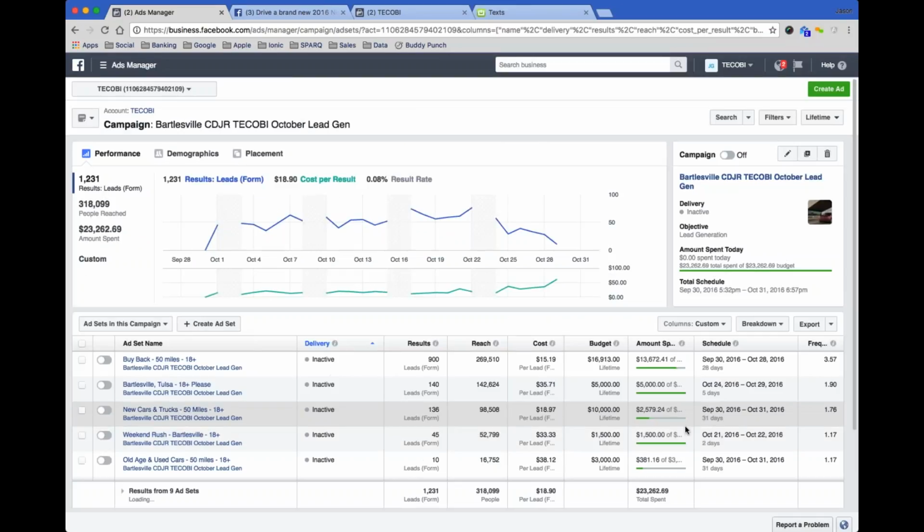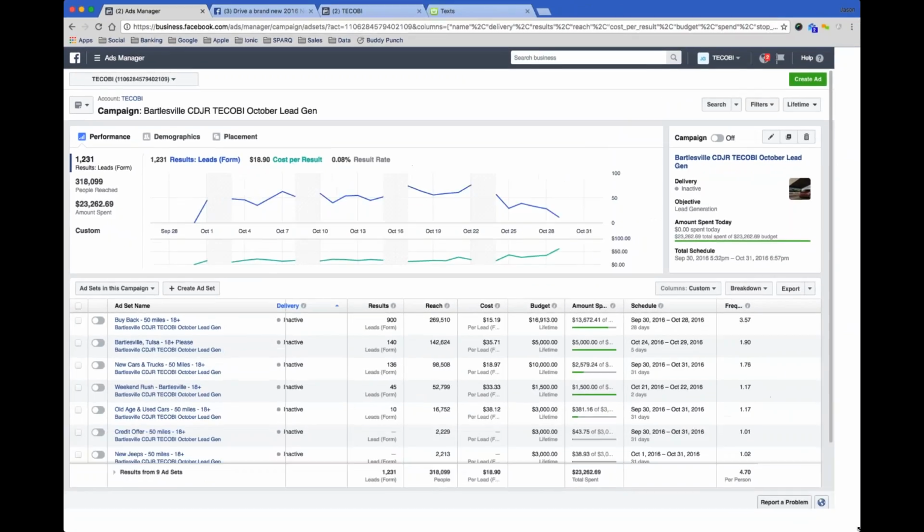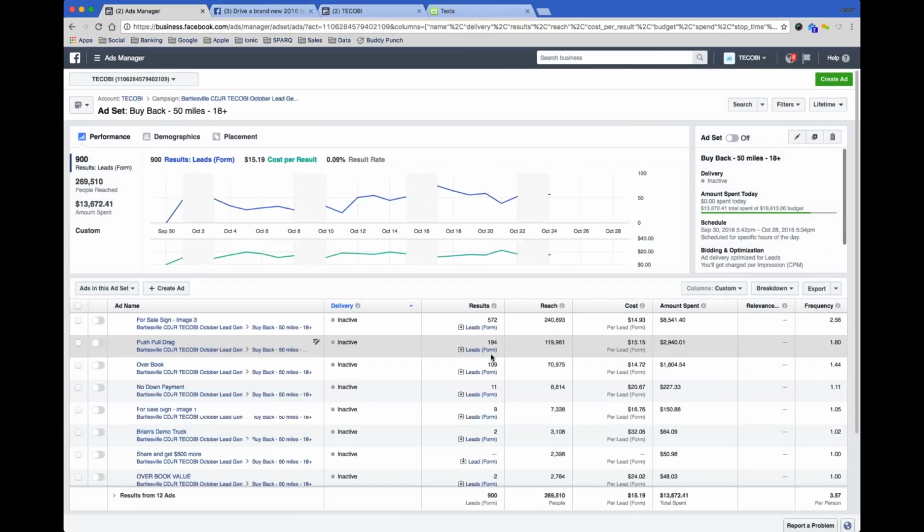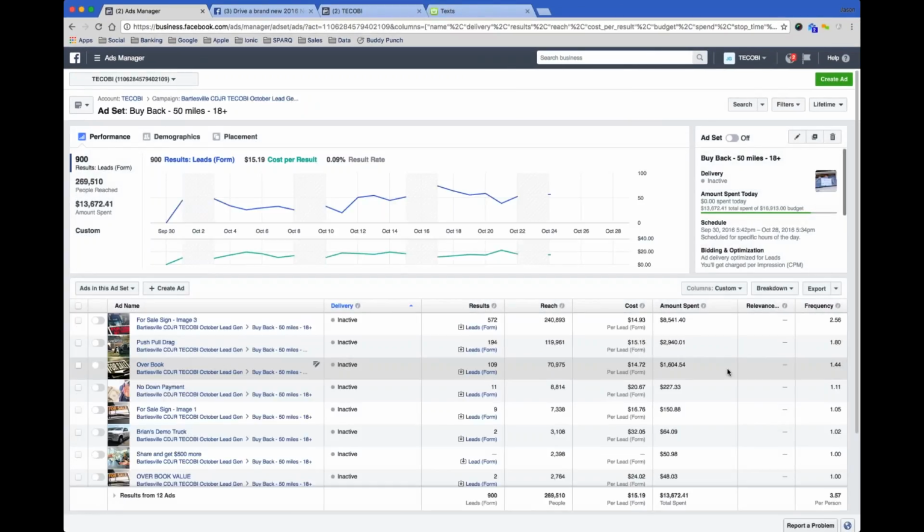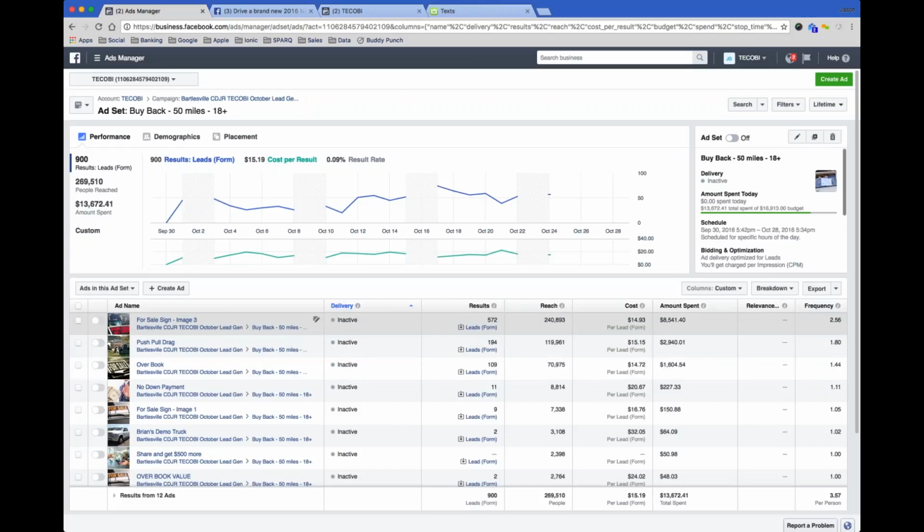So let me drive into the ad set. Well, it looks like Facebook is not giving me a relevancy score. So this ad, you can see we put 8,500 on this. But normally when they're here, I see them in the 2s, 3s, 4s, 5s. I mean, they're kind of all over the board depending on the market. I really don't pay much attention to that.